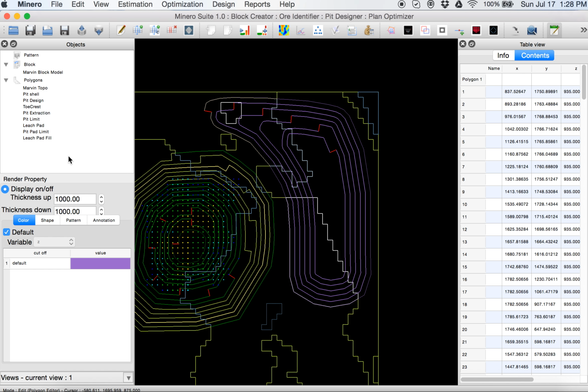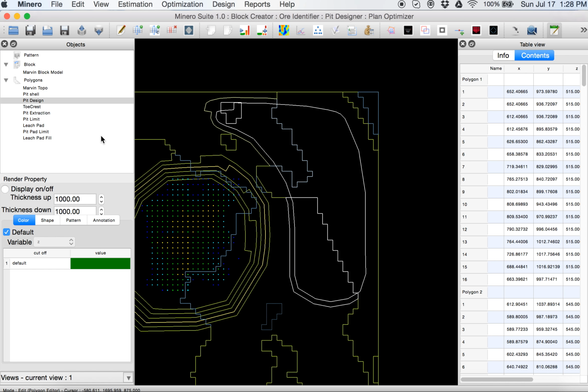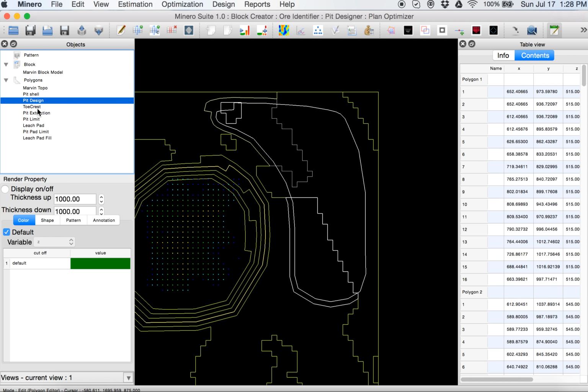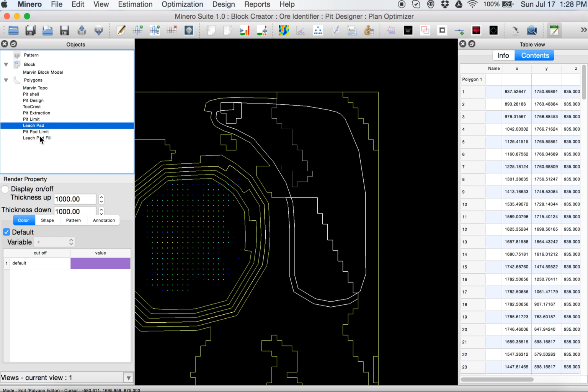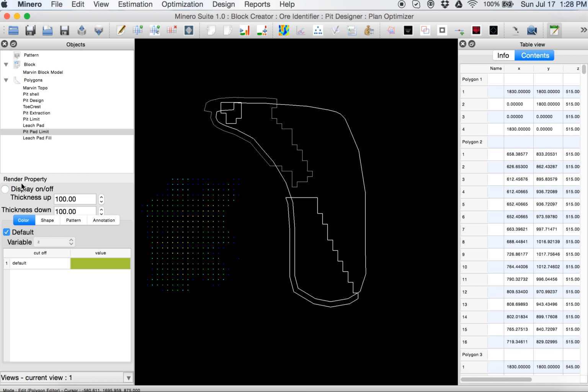Okay, so we have here, I'm going to turn off design, adding topo, shells, leach pad. Just for fun, I'll turn off this one for a second.